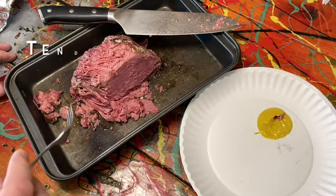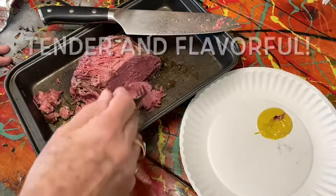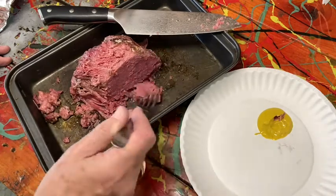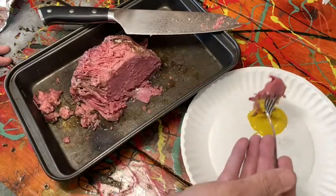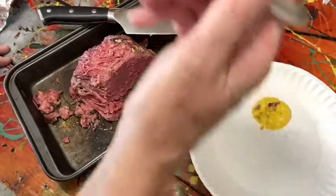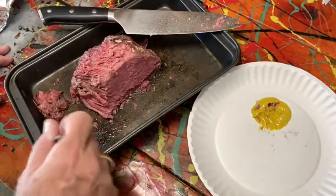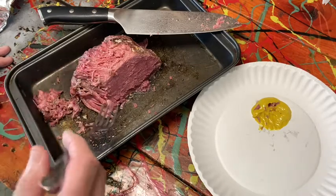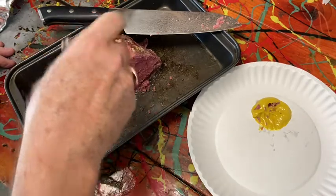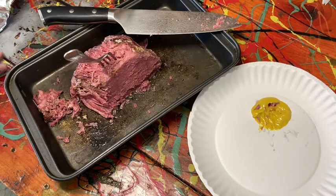Oh, you must be kidding. Oh, I'm not gonna be able to stop. This is so flavorful and so tender. Oh my gosh. Oh, I'm telling you, this is gonna make an exceptional grilled Reuben, and I can't wait to do it. We're not gonna do it now because I'm busy with other things. But we have all our